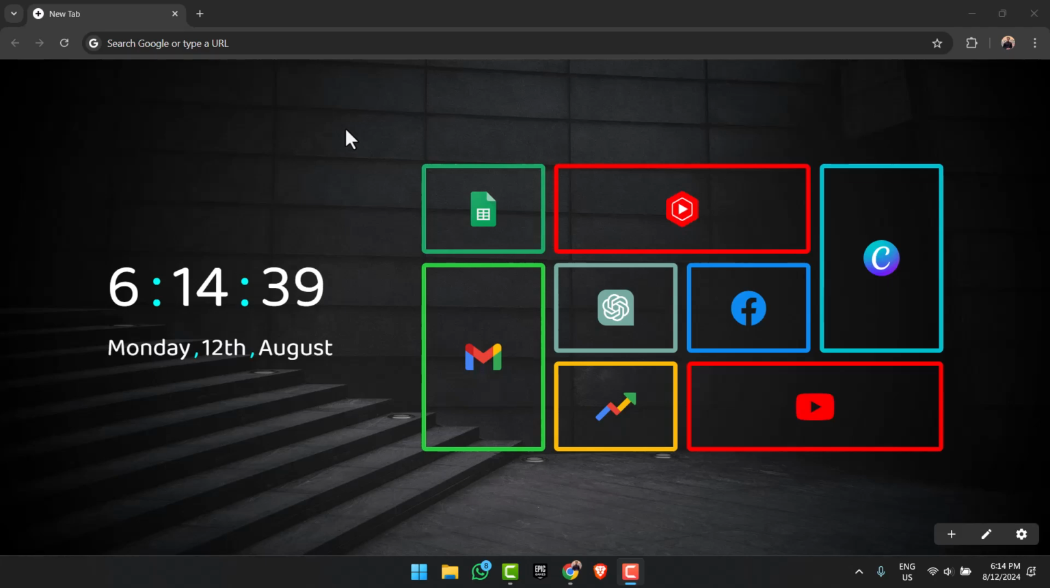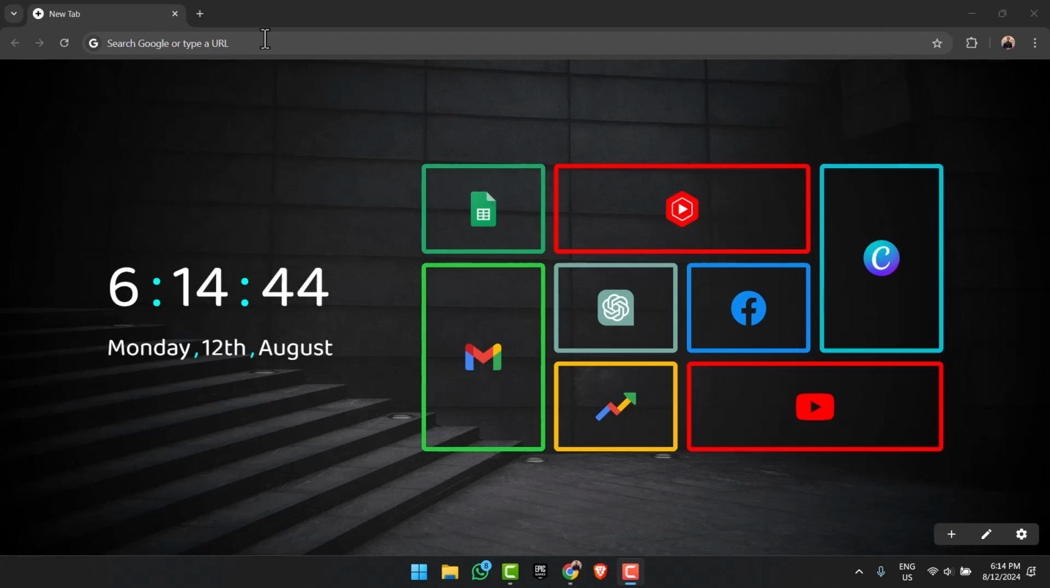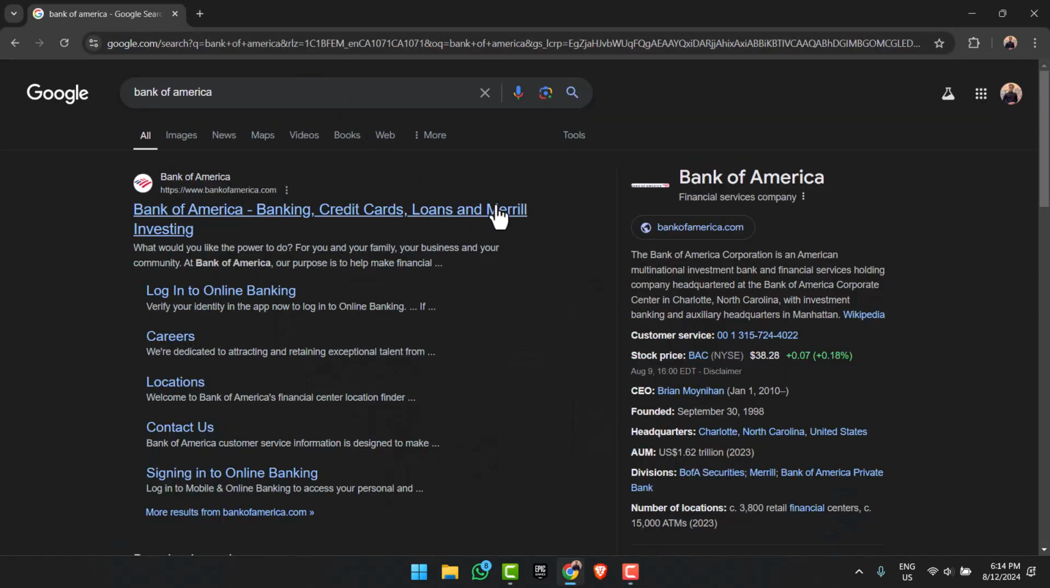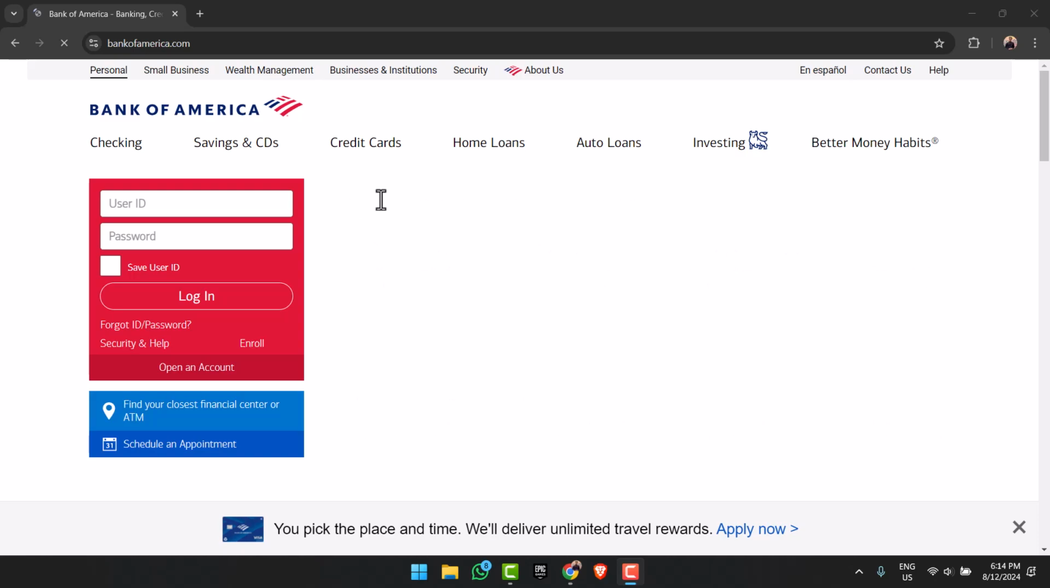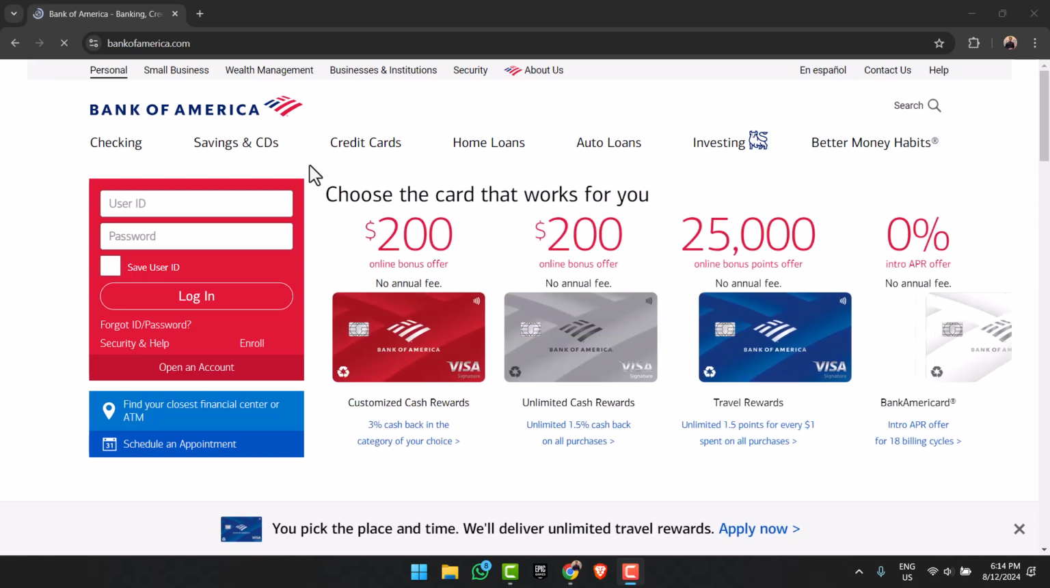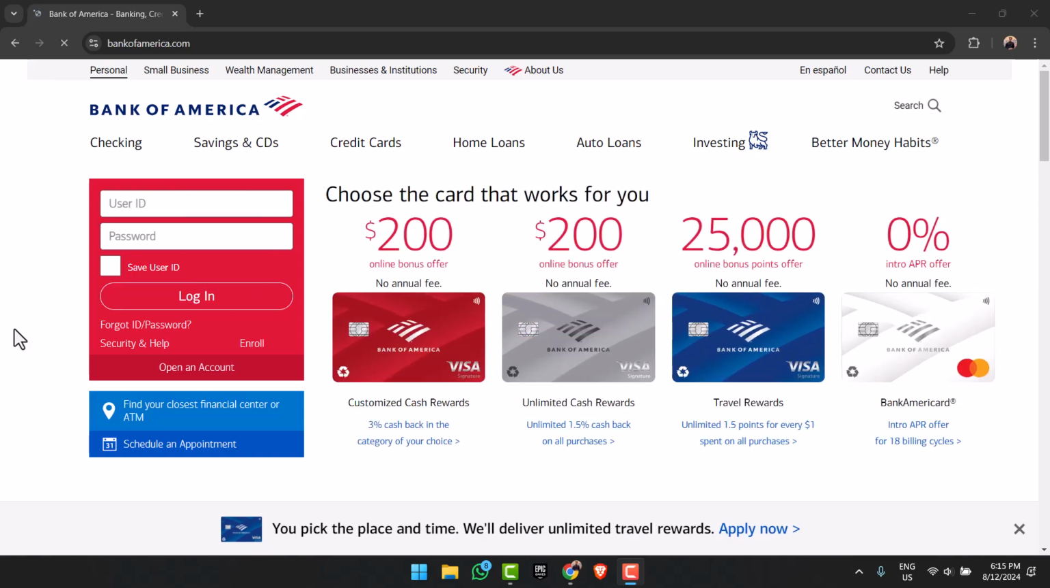So to do that, first of all, go to any web browser of your preference and in the web address bar, simply type in Bank of America. After that, click on the first link, which is Bank of America, and then you will be taken to the official homepage of Bank of America, where on the left side of the screen you can see the login box,